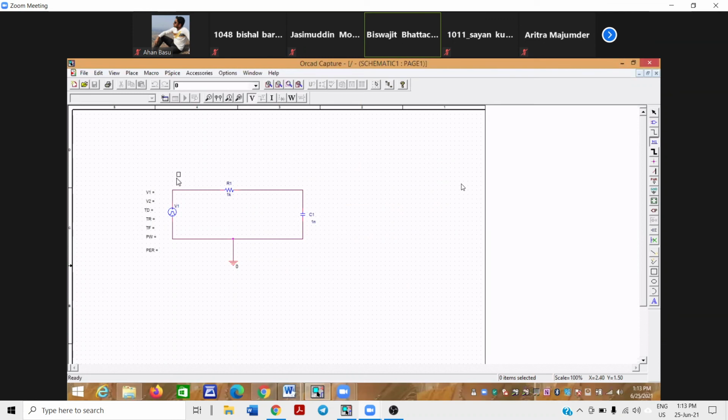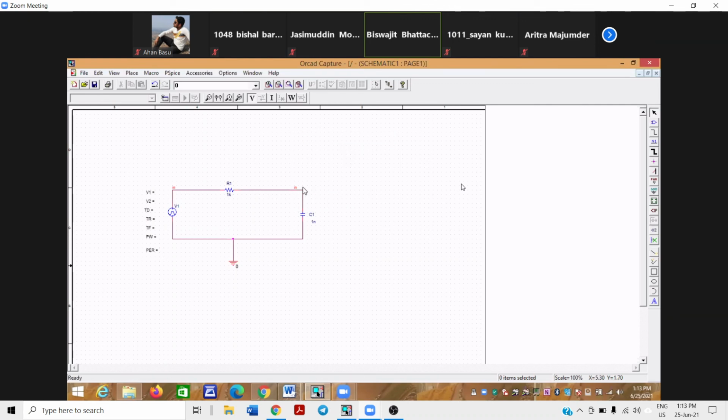Now you have to click. The left bottom corner of the box must touch the wire. I repeat, the left bottom corner of the box must touch the wire. So it will be somewhere here. Click. So you see "in" is there. Again, I click it here, "in". Then right click, end mode.